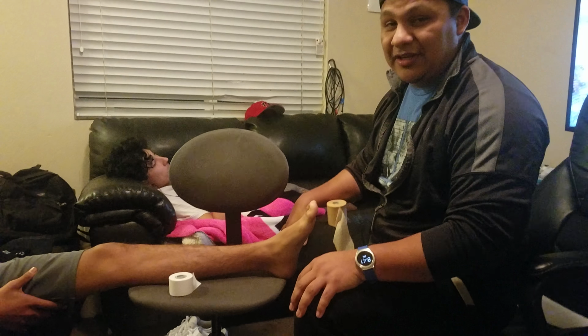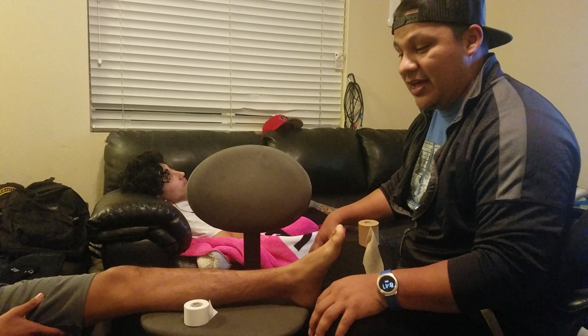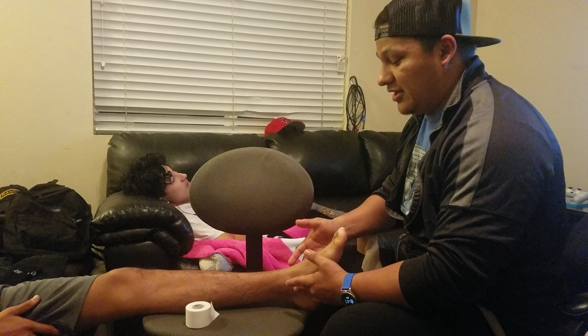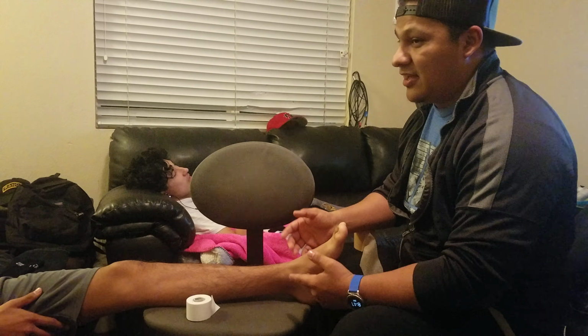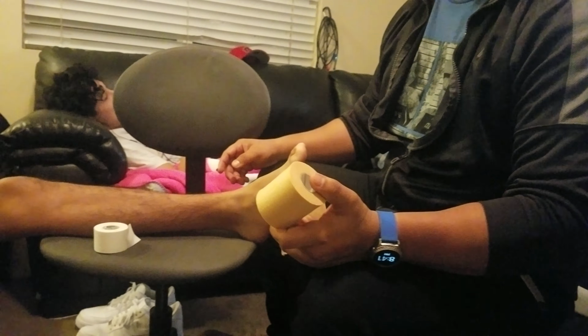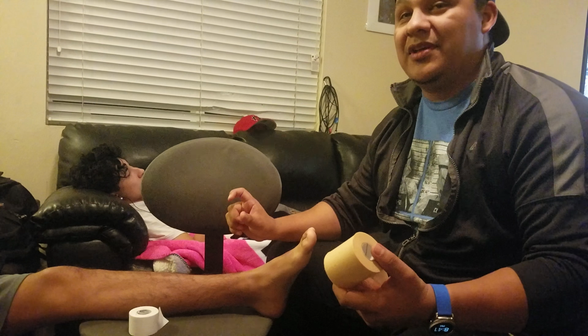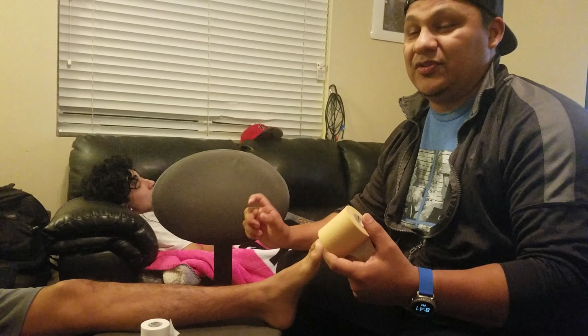So my name is Nick, and this is a demonstration of an enclosed basket weave for the ankle when it comes to lateral or medial ankle sprains. And my younger cousin, we're going to go over this tape. The only two things I need is some pre-wrap to prevent the tape from catching onto his hairs and ripping it off, and then just the athletic tape to keep it stable when it comes to him being active in